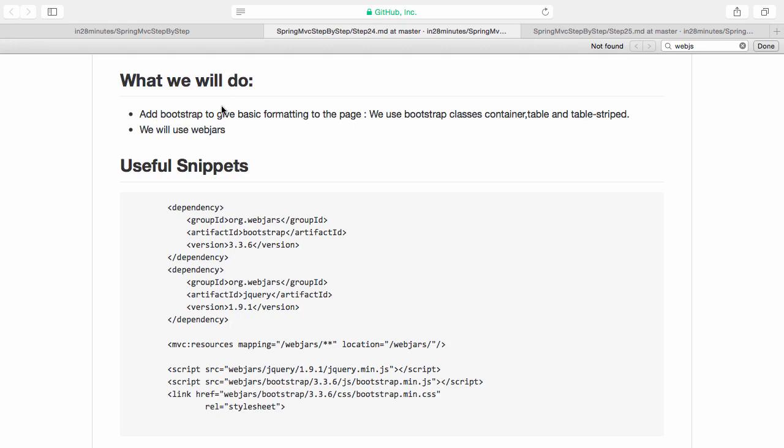We use Bootstrap to give the basic formatting to the page. We basically use the Bootstrap classes container, table-striped, btn for button, and we used a concept called WebJars to add the whole thing in. All that we need to do was we added the dependencies, and then we added the JavaScript and the CSS files to the JSP page, and at the end we had to add in the MVC resources so that whatever was in the resources of the jars are exposed as static resources. That's all for this particular step. Let's meet in